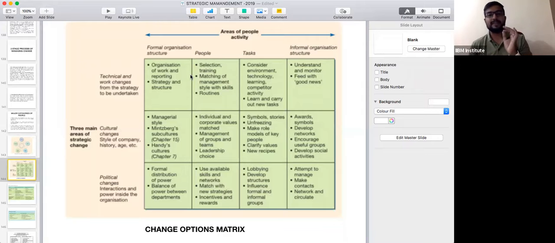So the most important part is that the cultural changes under task are all about assigning roles and responsibility by keeping in mind the ethical values, the roles and responsibility being designated, and you should not violate the norms and ethical values of any organization. That is about the cultural changes in the